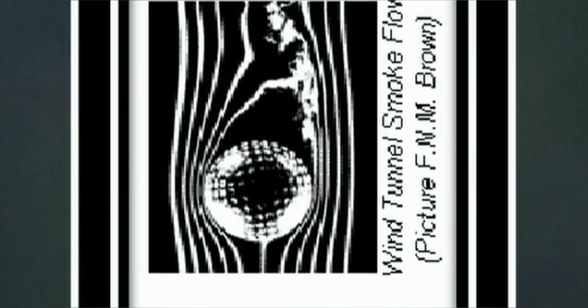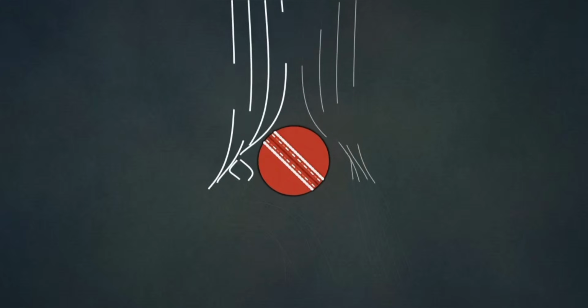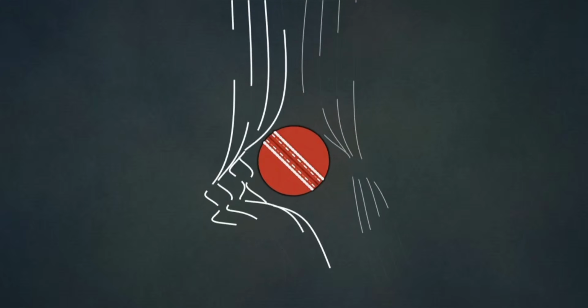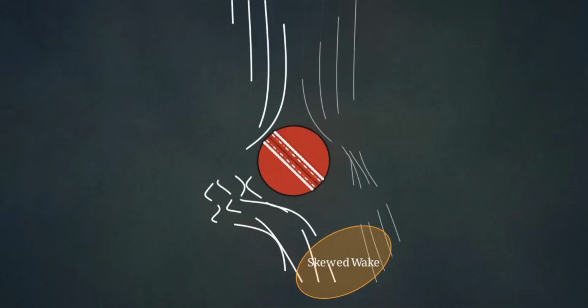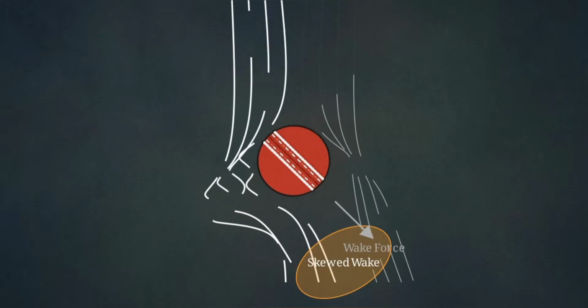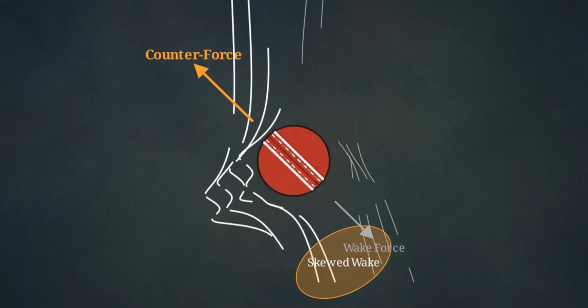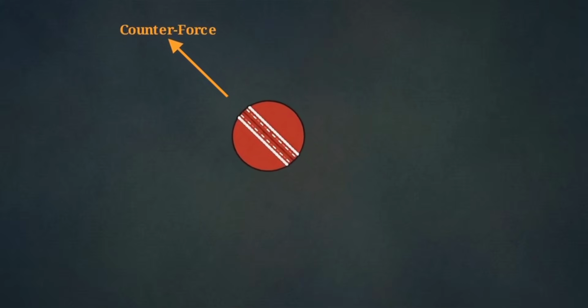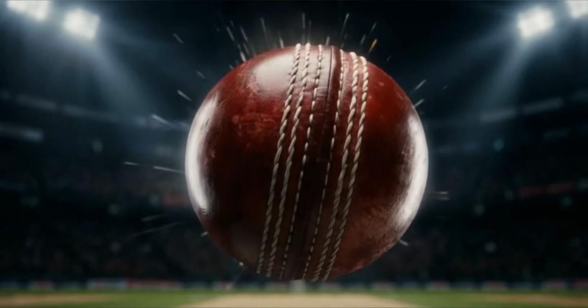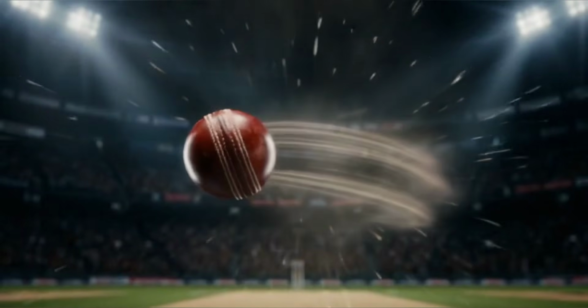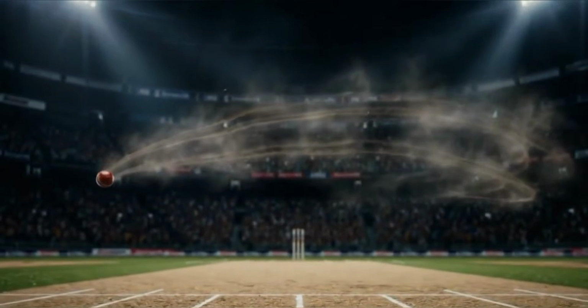The raised stitching trips the air, causing turbulence on one side. Meanwhile, the opposite side remains undisturbed, or laminar, which loses velocity quicker and separates from the ball much earlier. This imbalance means turbulent air wraps further around the back, skewing the aerodynamic wake toward the smooth side. By Newton's third law, this skewed wake pushing air one way applies a counterforce, pushing the ball in the opposite direction, right where the seam is aimed. A ball curving sharply through the air relies entirely on the precise, deliberate manipulation of these aerodynamic properties to deceive